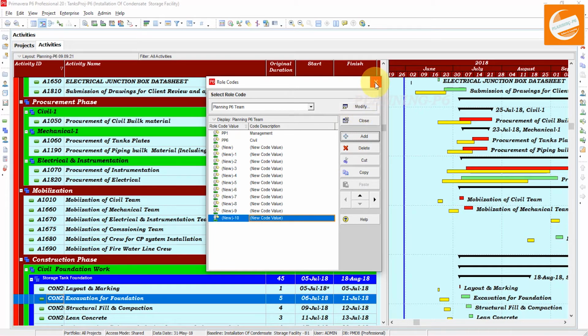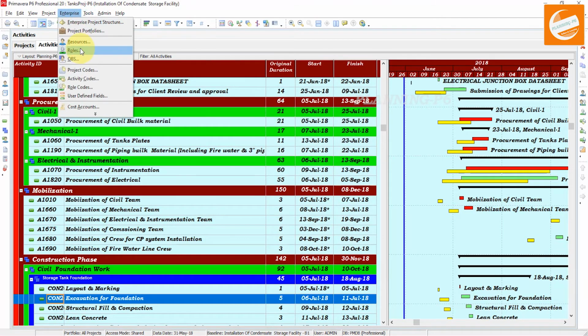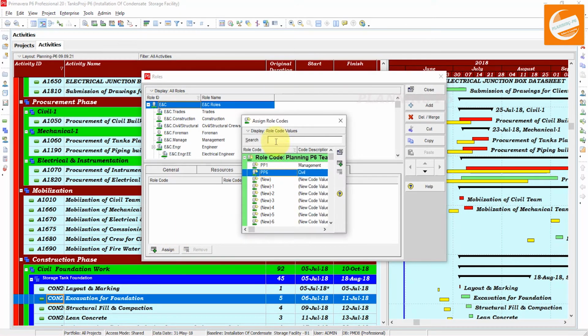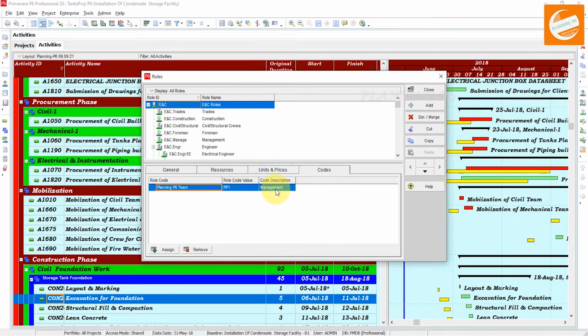From here, close that window and go again to the roles. In the roles, now we have to assign the code. Here, planning engineer is a management part, then this one is management P1 and management planning P16. Okay, now we have created only one role.